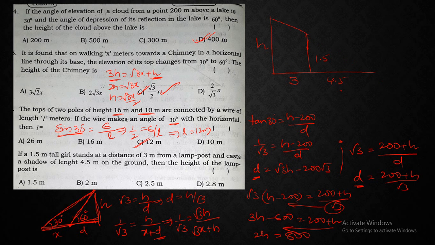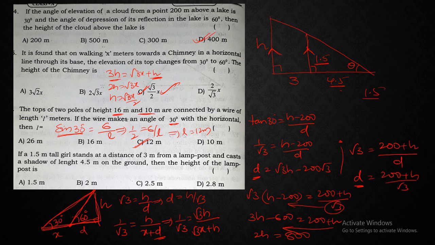So these are going to form similar triangles, right? From this, simply what we can say, this is a right angle and this is also a right angle. So this is parallel to this, and he did not give any angle, right? Since these two are parallel because those are perpendicular to the given line, if this angle is theta, then using the concept of similarity, we can say 1.5 by 4.5,